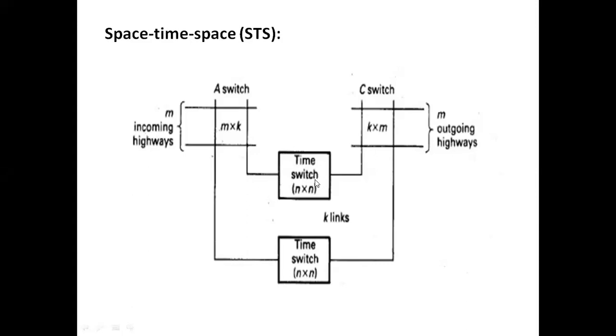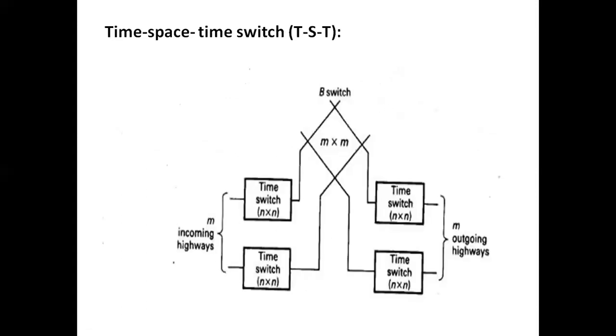Which is nothing but a switch equivalent to n cross n dimension. This is the interpretation that we are seeing here. At the same time, the single PCM highway coming to the C switch can be space switched to any one of the M outgoing highways using the C switch, which is again a space switch. Similarly, there is another version of this, which is referred to as the time switch, called the